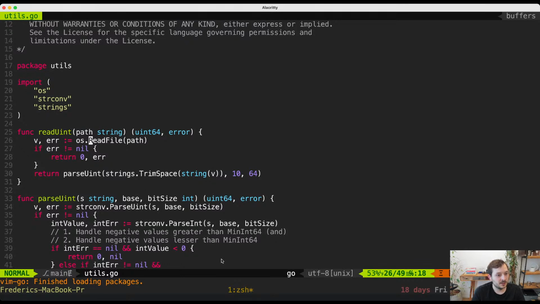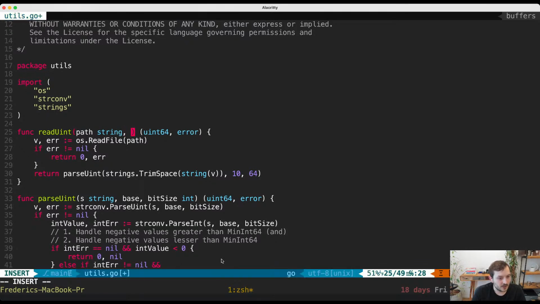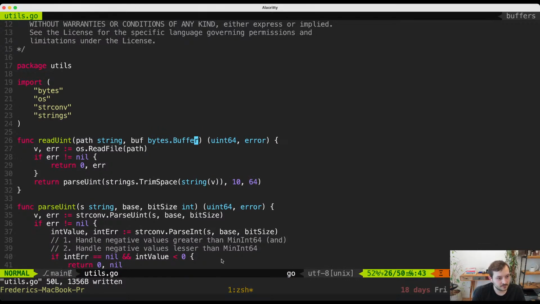So we use a buffer here, and I guess it can really just be a bytes buffer, and then